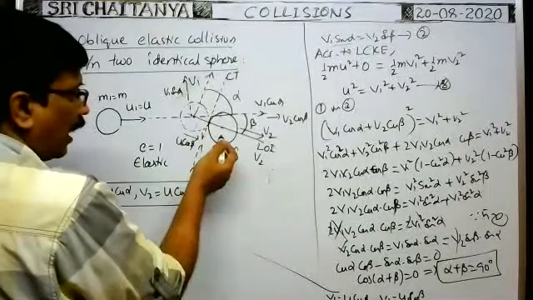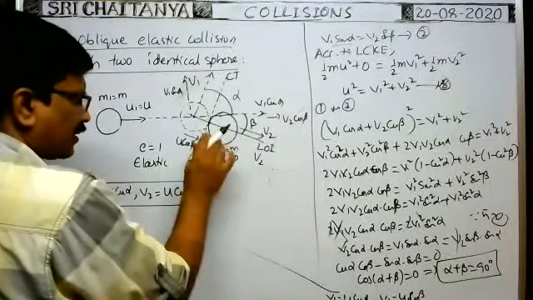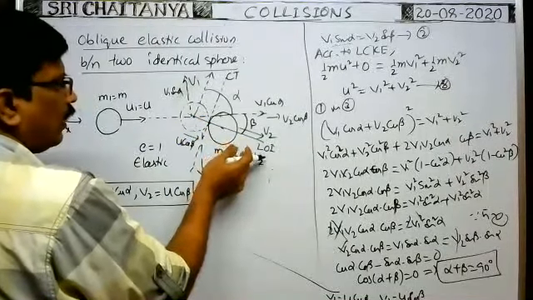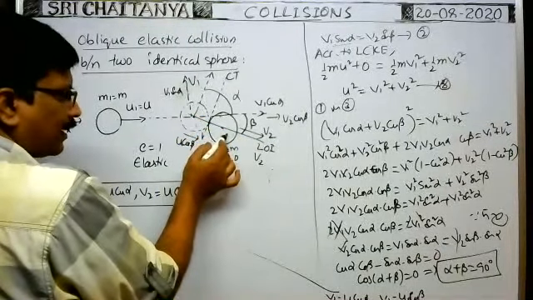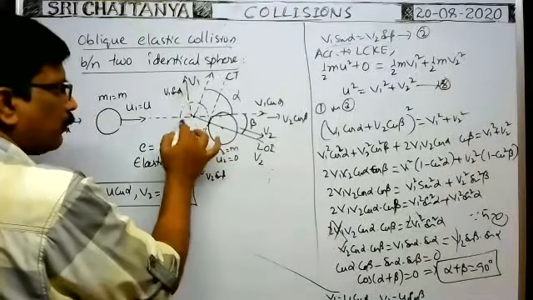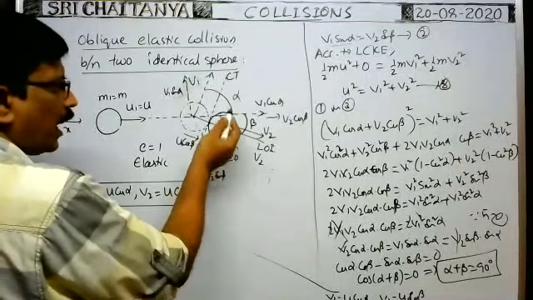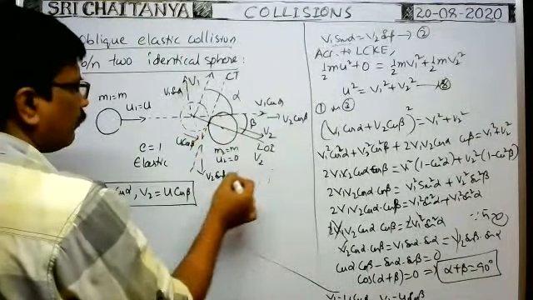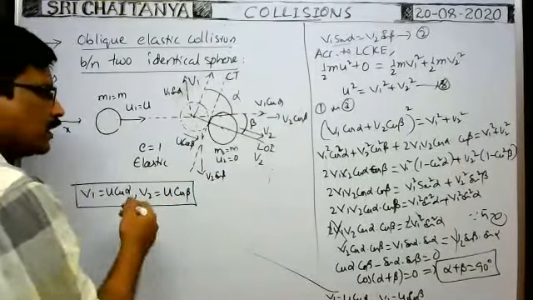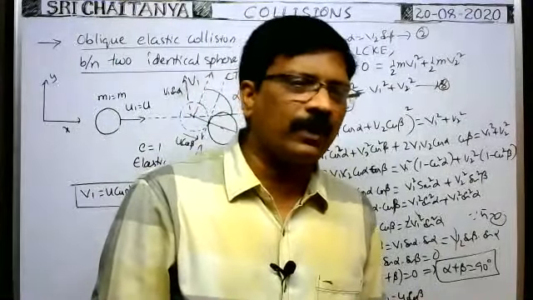After collision between two identical spheres along the line of impact, they just exchange their velocities. Before collision as it is at rest, after collision it comes to rest and it flies off with the same velocity with which it makes collision with this sphere. That is u cos beta before collision for this. That's why after collision this sphere flies off with the velocity u cos beta. So these are the velocities of the two spheres after collision, in terms of alpha and beta.